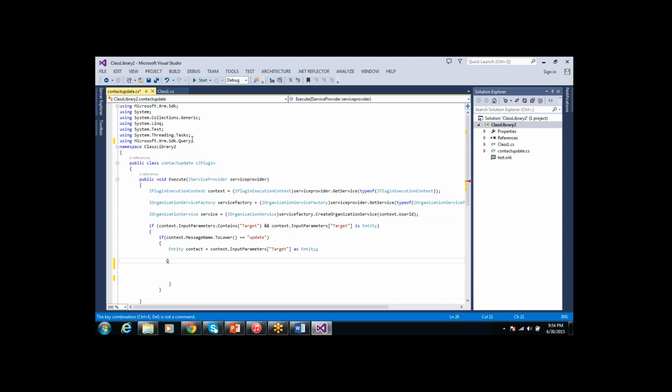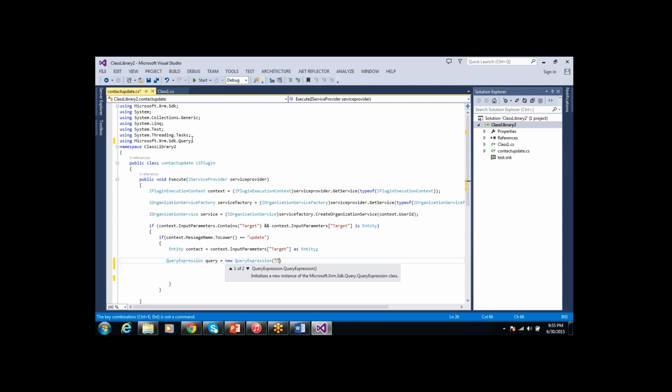So next, here, QueryExpression query equal to, I'm defining the object, equal to new QueryExpression.